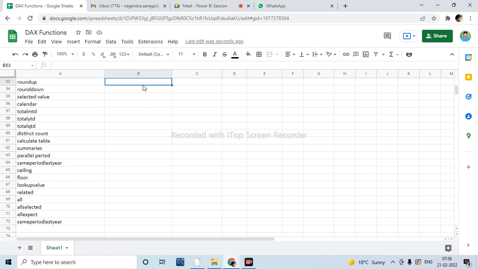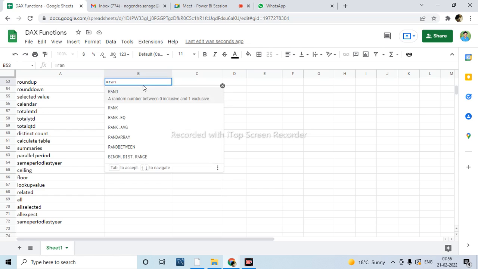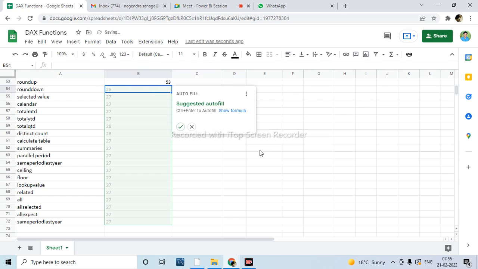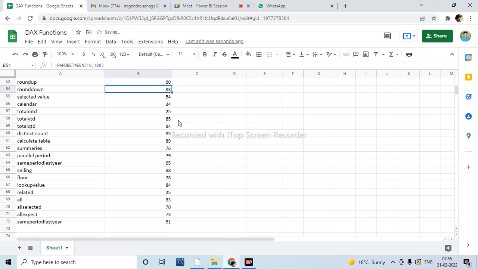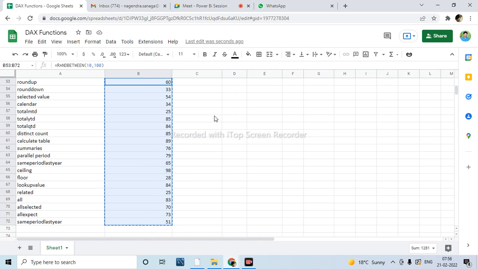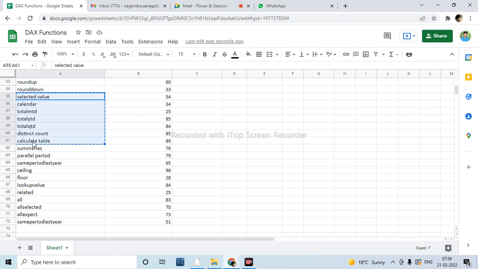For this itself, I am taking the random numbers. Now think that I have this many.